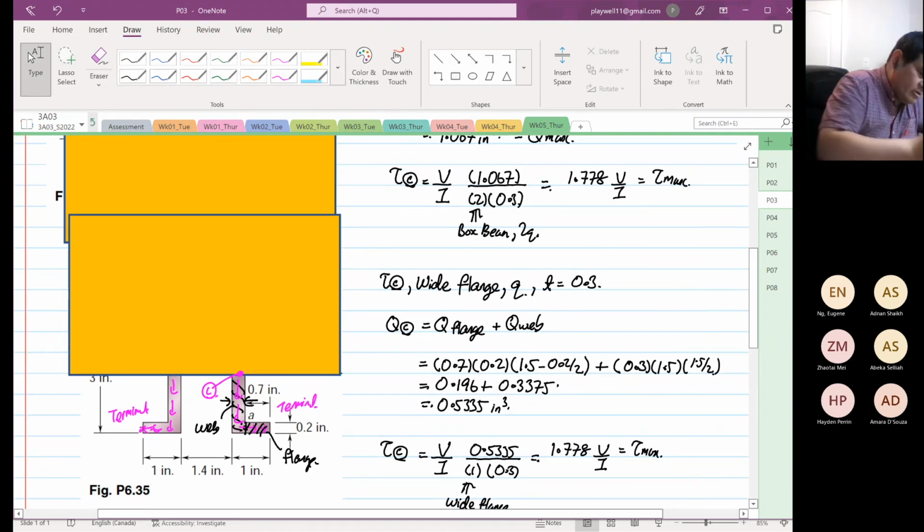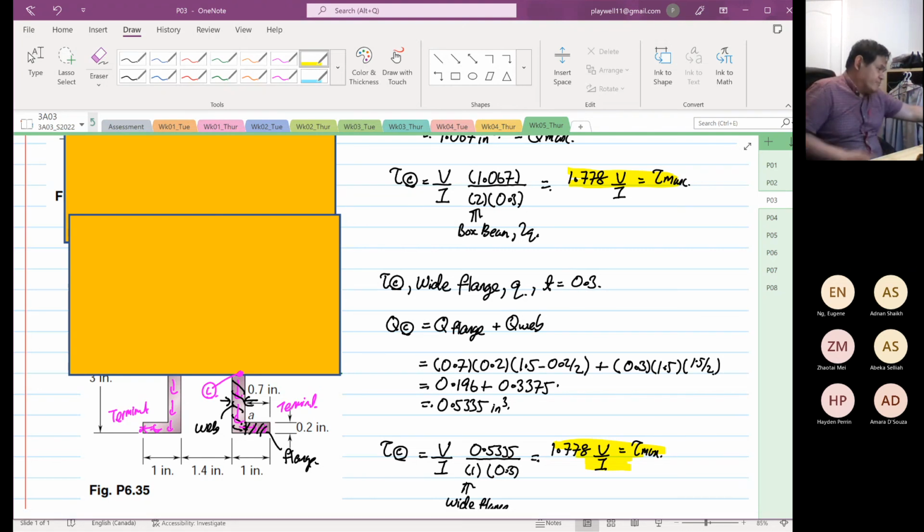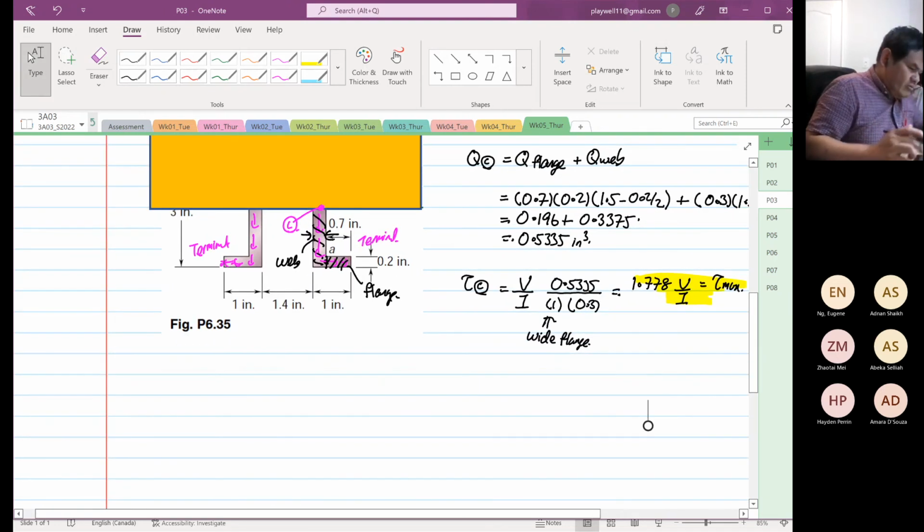So whether you derive from the top or from the bottom, if you understand the concept well, the answer will be, and has to be, the same. Okay, that's how I usually check myself, and I still do that up to today. If I'm not sure whether my answer is right or wrong, I check with the bottom, and the answer is exactly the same. Right. So now, where does this leave us? So we know that tau max